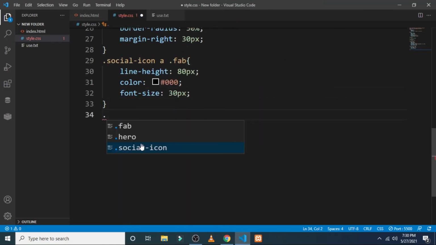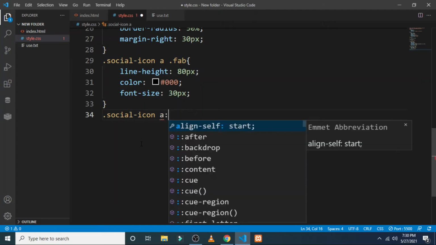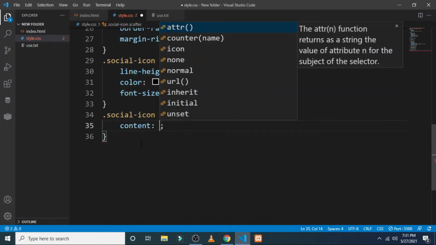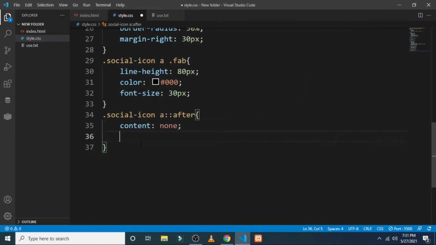For this you have to come to the social icons, in this a anchor tag. In this anchor tag, after then in this content will be none, then width will be 100%, and then height will be 100%.